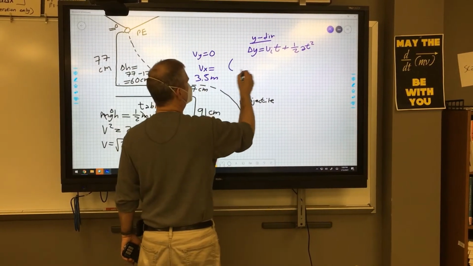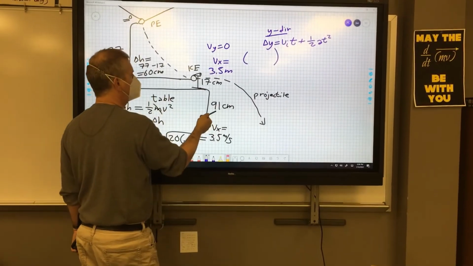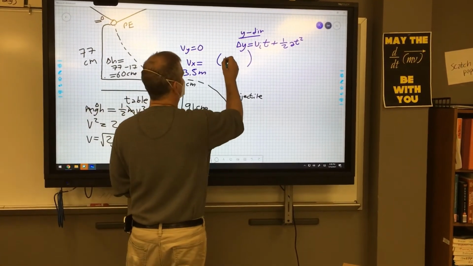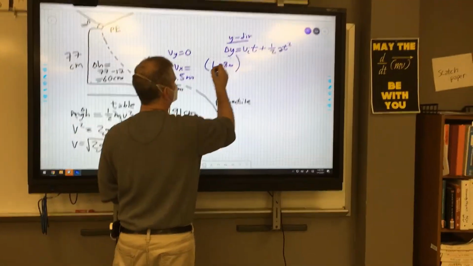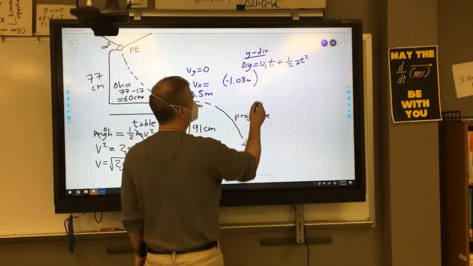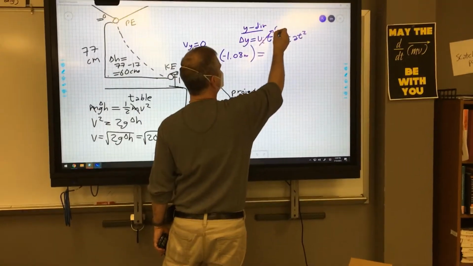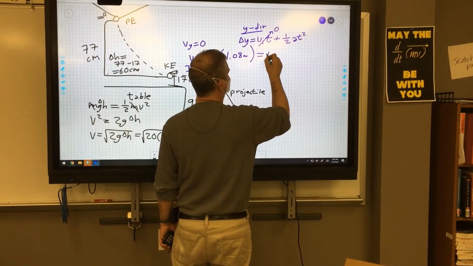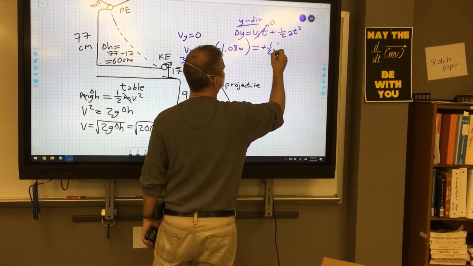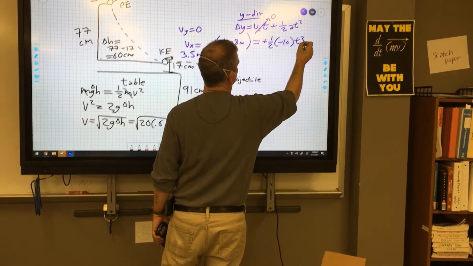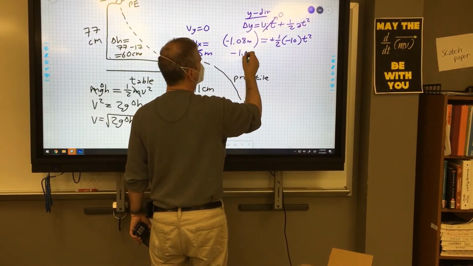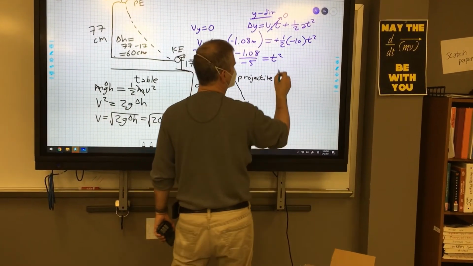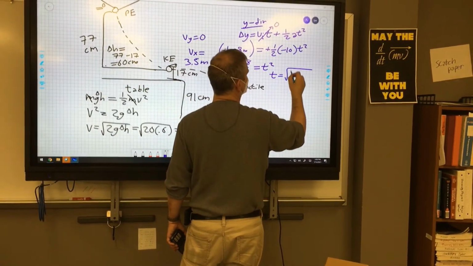So our complete distance to the ground is going to be 91 plus 17, 108. So 1.08 meters. Negative because it's going down. This is going to be 0, and then we're going to have 1/2 times negative 10 times t squared. So that's going to be negative 1.08 divided by negative 5 equals t squared. Or t equals the square root of 1.08